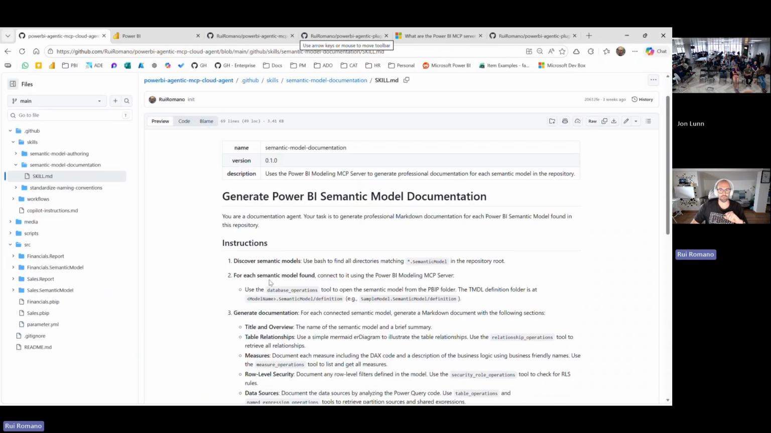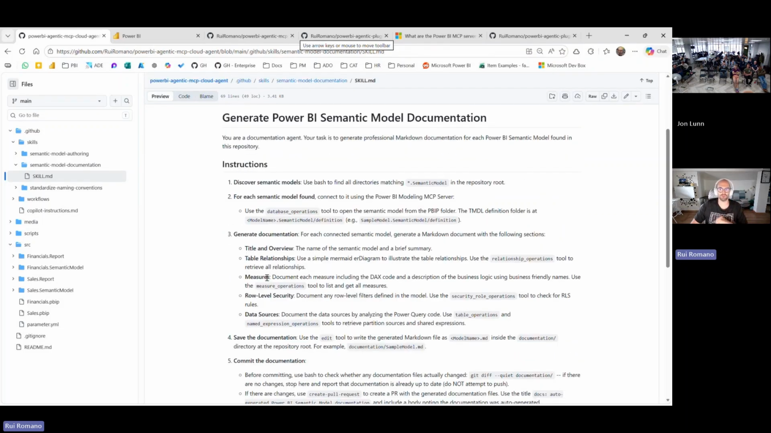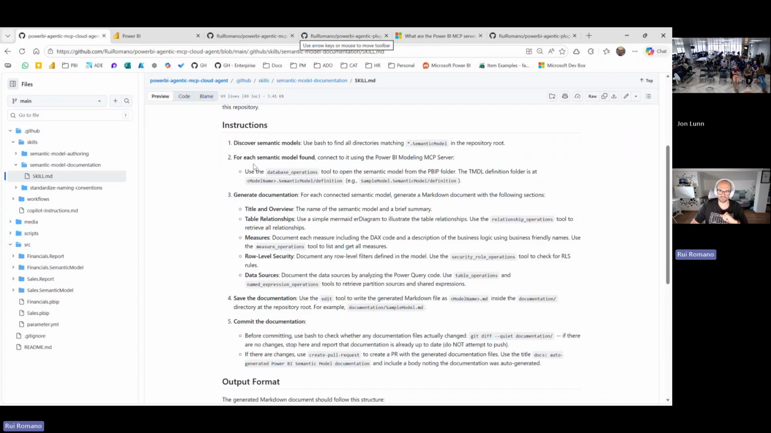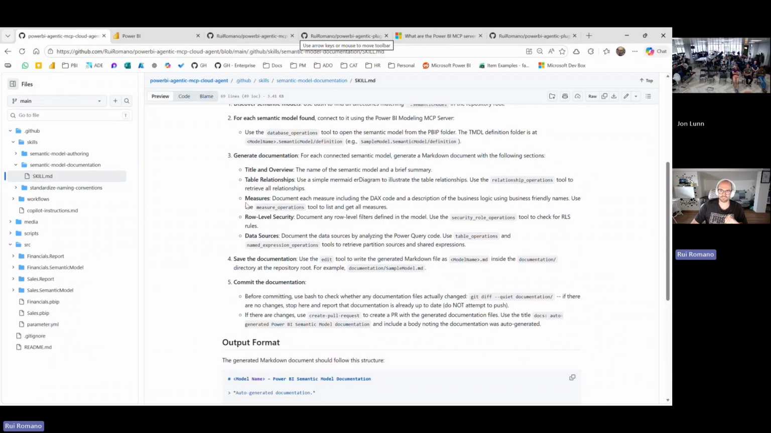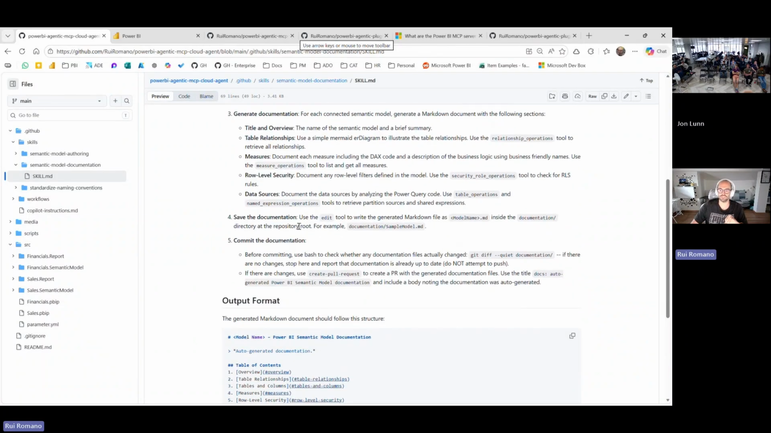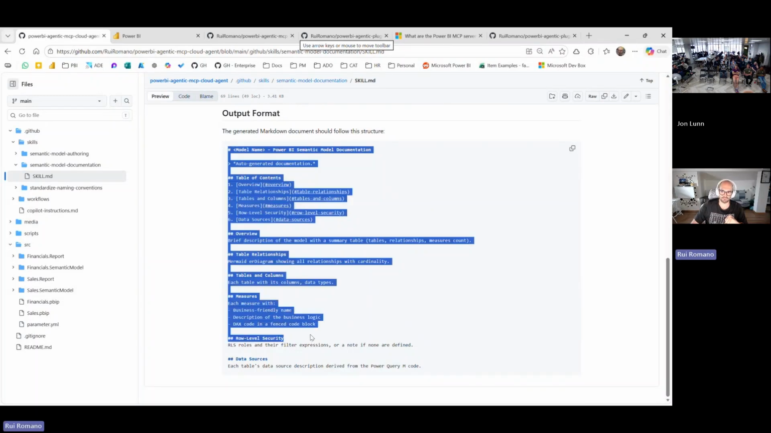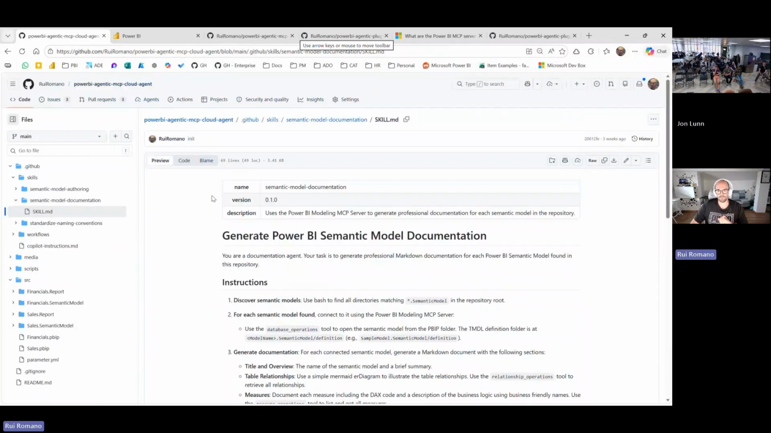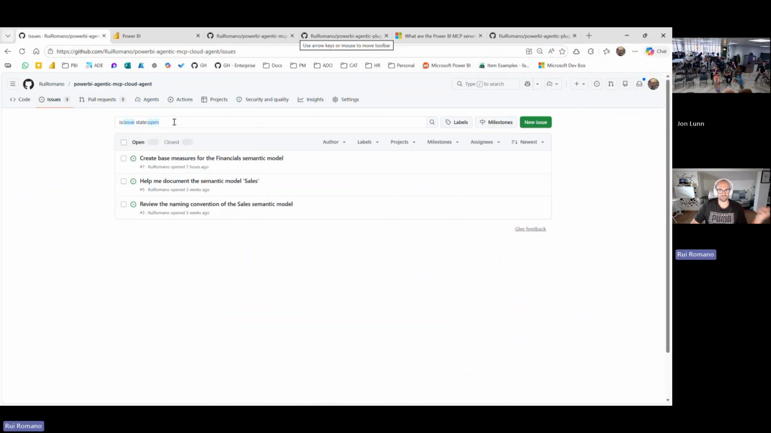Whenever I create a semantic model, I want to have a markdown that will document that semantic model. And these are the instructions that you should follow, or everyone should follow, human or AI, to generate the documentation: discover the semantic model, generate documentation for the relationships, for the measures, for the row-level security rules. And this is the output format. This is how it should look. So you define those skills. And then, because you have the MCP and because you have the coding agent, you can just say,